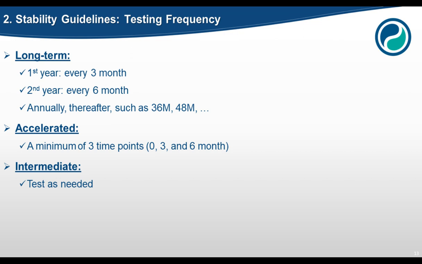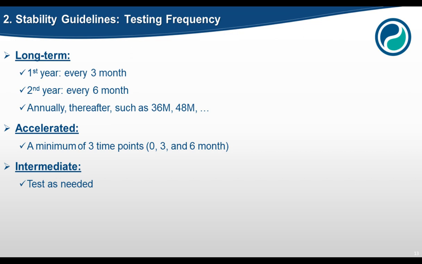For the accelerated condition, the ICH guideline requirement is a minimum of 3 time points. And for a time period of 6 months, the suggested testing time points are initial, 3, and 6 months. We recommend doing a few more time points: initial, 1 month, 2 months, 3 months, and 6 months. And more data points from the accelerated condition will help you better estimate the long-term storage condition for